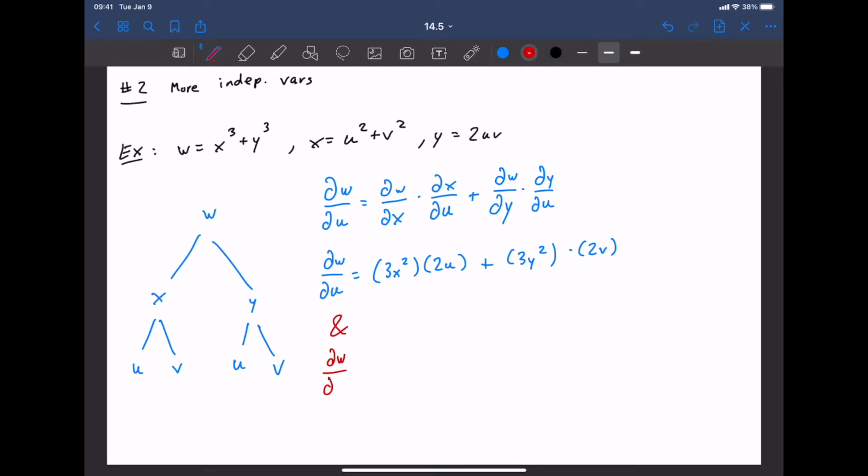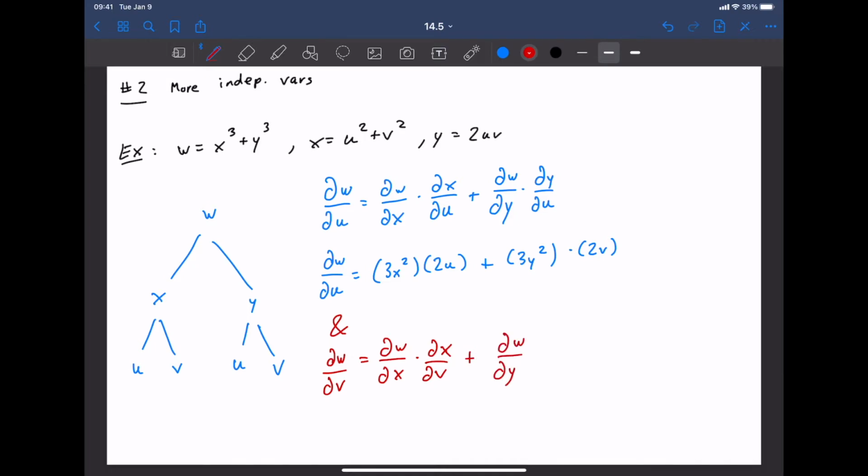And you'd have to find partial w, partial v, because w is based on two possible letters. So now we're tracing away from w to all the v's. So to x to v, and to y to v. There will be problems that you'll see that will ask you to write out the chain rule so we can at least give you credit. So please practice writing this out. I want to go from w to x, that's what this one's saying, and then from x to v, that's what this one's saying in my handwriting. Okay. Plus the contribution from